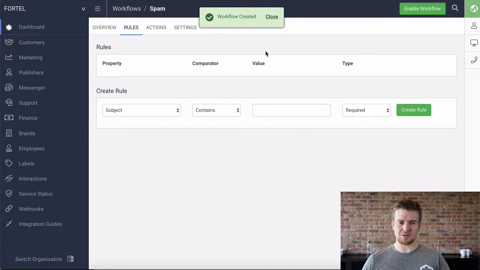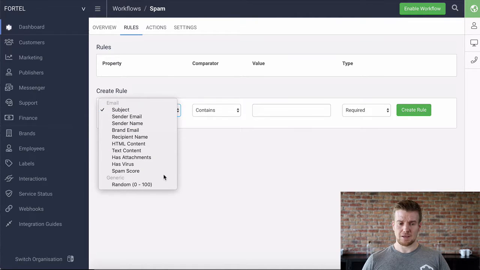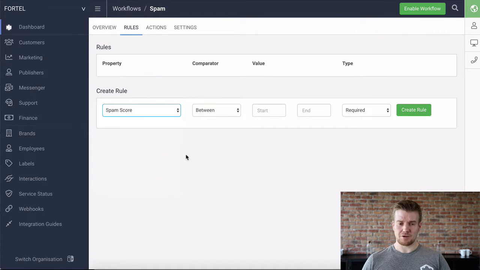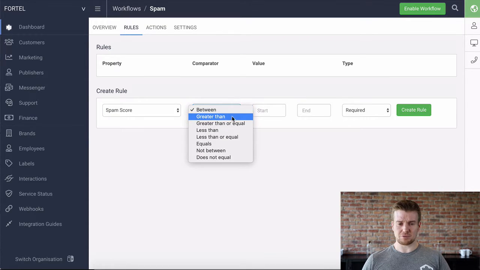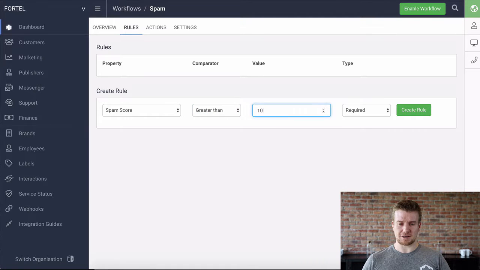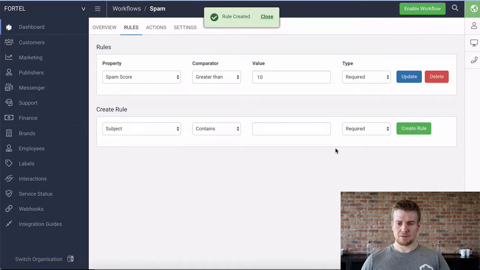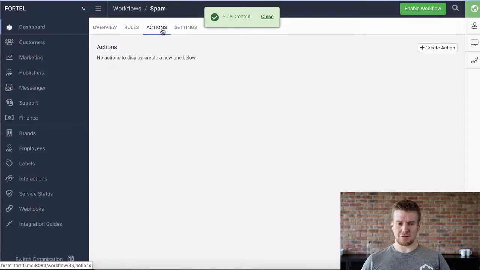So the next section within any workflow is to define the rules. And this is where you can start making sure that the emails need to meet this criteria in order for this workflow to trigger. You can set any email properties you like. The key one for us in this instance is the spam score. Obviously you can do a similar thing with has virus. If it has a virus, you want to disregard that email. You don't want to be creating support tickets for it. So I'm going to set the spam score, and if this is greater than 10, I'm going to create that rule, and then on my actions